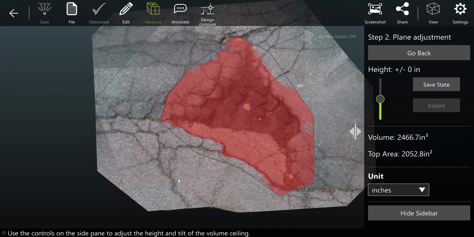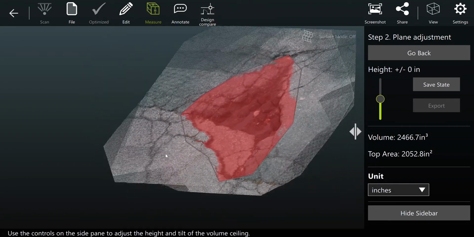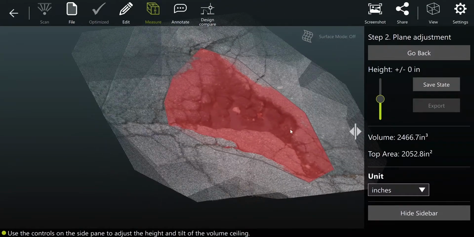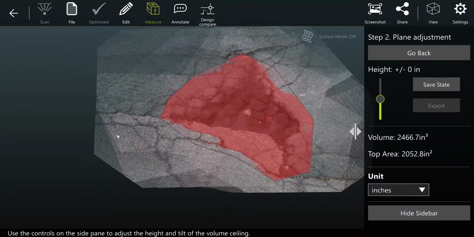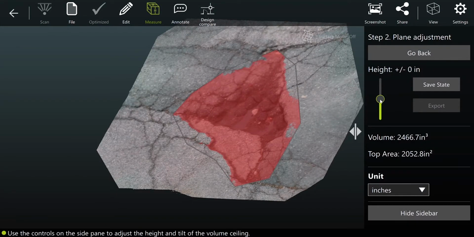As you see, some of that red surface is being cut off by irregular fluctuations in the ground itself. And if that's the case, or if you just want to add an inch on top, for example, you can use the slider on the right side of the screen. So we'll increase this by, say, 0.8 inches, give ourselves some extra clearance and make sure we have a flat, level surface. It also helps to round up a little bit with the materials you might need to fill the